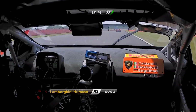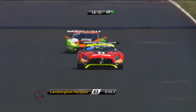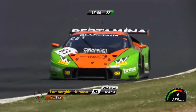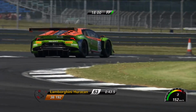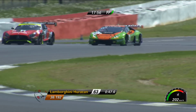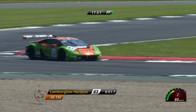On board, 63 Lamborghini. And who have we got? Okay, Stoltz went, you talked about the speed from Stoltz, that's moved him up to 5th place overall. A third of a second precisely covers the top 3 runners. It's still the 87 Mercedes at the top of the charts in this free practice session. The 63 Lamborghini, we saw it being pushed really hard by Mirko Bortolotti. Now it's Christian Engelhardt. Mercedes stays out of the way very nicely indeed, but it needs to work its way